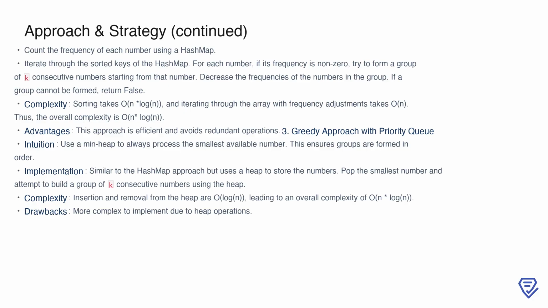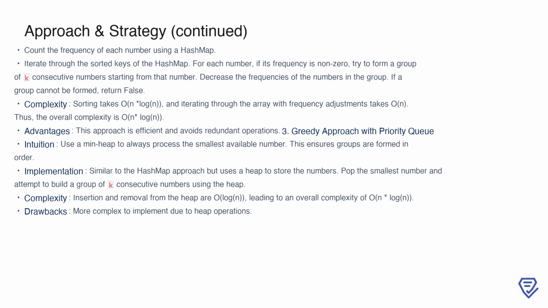Another approach we considered is the greedy method using a priority queue, or a min heap. The intuition here is similar: always process the smallest available number first to ensure groups are formed in order. By using heap operations for inserting and removing numbers, this approach also achieves a time complexity of O(n log n). However, the heap-based solution introduces additional complexity in implementation, as managing the heap adds overhead compared to the simplicity